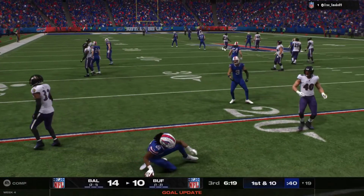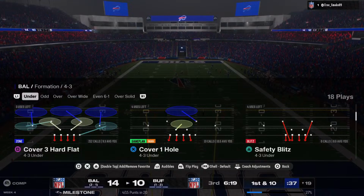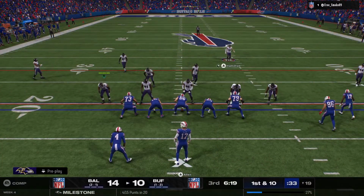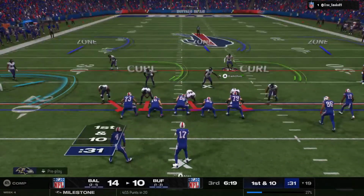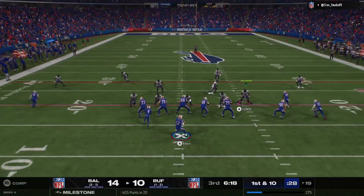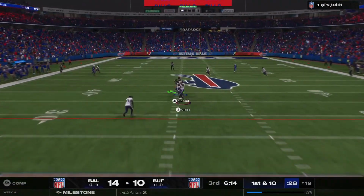And good coverage there by the punt team. They're able to get down there and drop him with authority. Buffalo offense ready to go for their next drive. We have not seen much on offense here from either side these last few drives. We've hit a wall, so to speak. And have hit it hard, haven't we? Because the defenses right now...